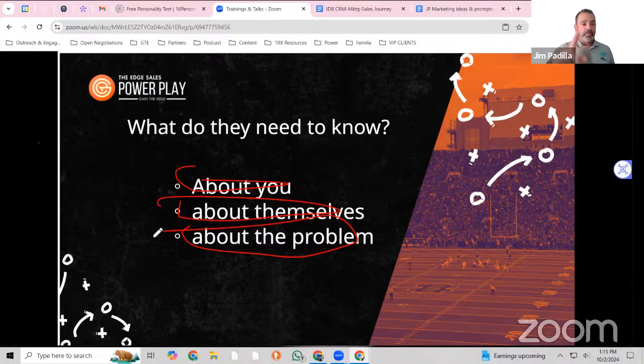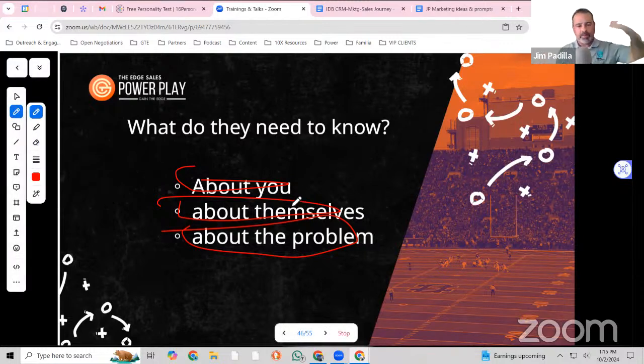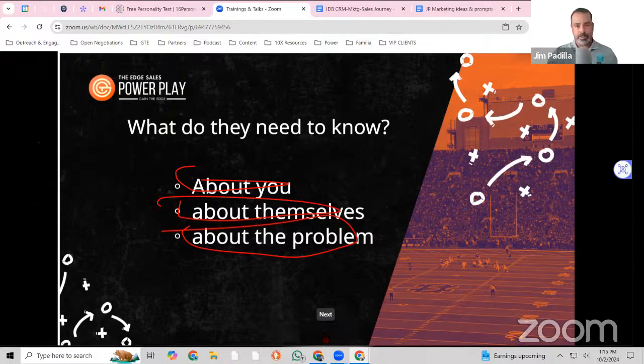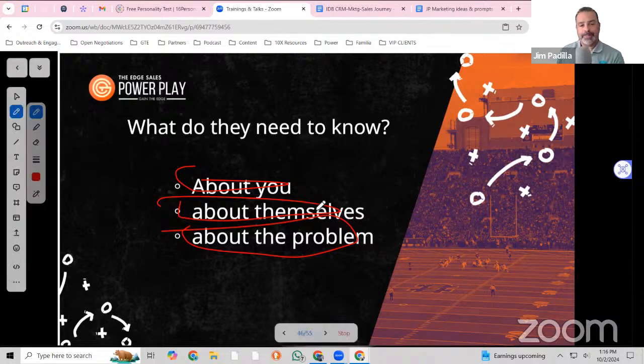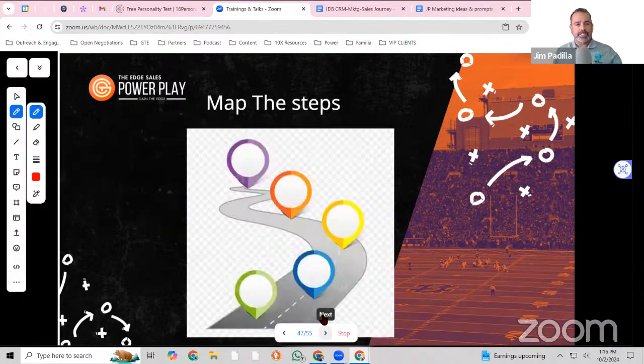Okay. So what's the thing that people need to know about you? What do they need to know about themselves? And what do they need to know about the problem? Type something in the chat there. What are you thinking? What aha is coming up for you here? Type a question, and we can't see them live right now, but we will go into them. If there's a link that you can click on to get on, we'll be on here. You can come on at the end of this and we'll answer your questions, or type in the chat, and I promise we will answer those questions. Some of them may turn into another training. All right, so let's keep rolling here. I want to hear your ahas and takeaways.